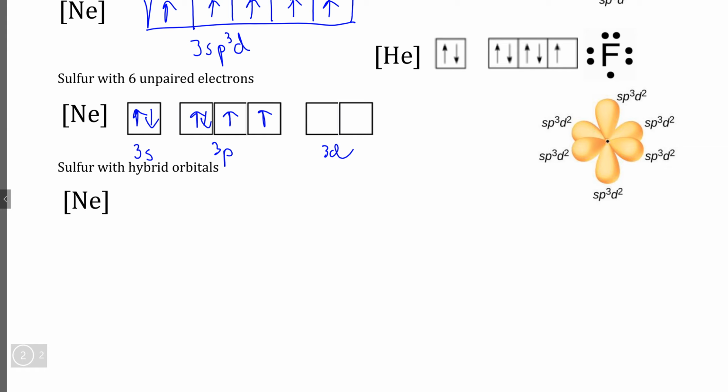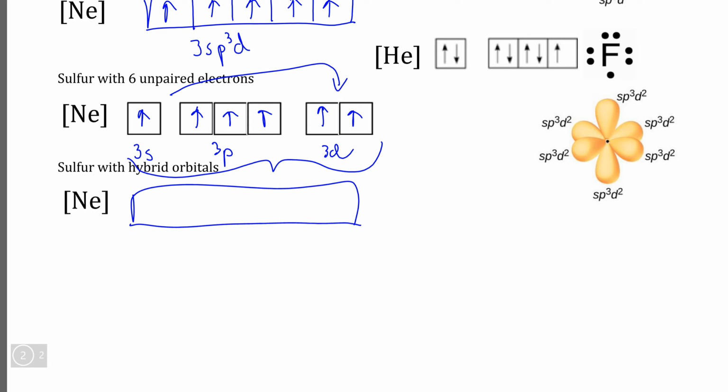Again, this doesn't explain how it makes 6 bonds unless we take the paired electrons from its first 2 orbitals and jump them up to 2 empty orbitals in its 3d subshell. Then we need to hybridize so that we don't break the Aufbau principle, so we allow all of these electrons to effectively exist at the same energy level, for which we call the